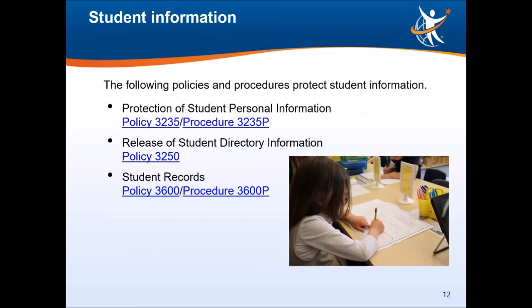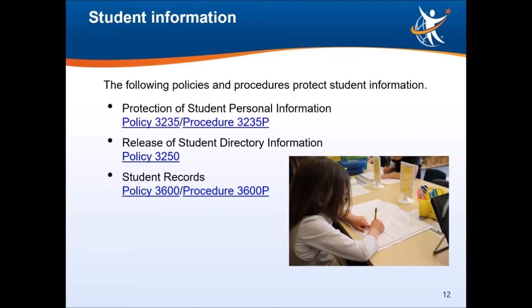and state law. Each year in August through September, we ask families to complete their students' annual information update form, indicating if they want their students' directory information to be shared. If you check no on the annual student information form, and if we receive your updated student information form by October 1st, we will not release your students' directory information. The district never releases phone numbers and addresses without your express permission.